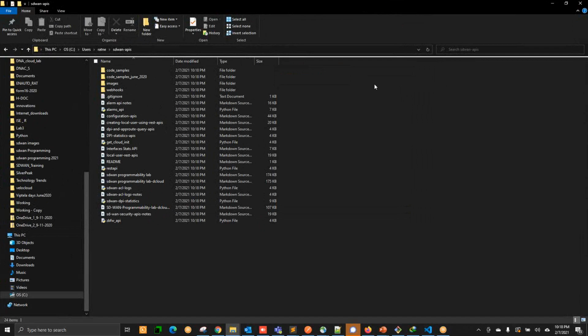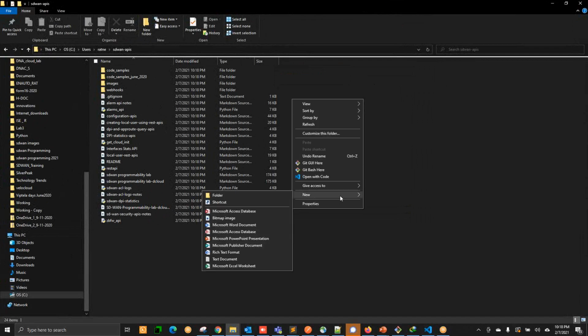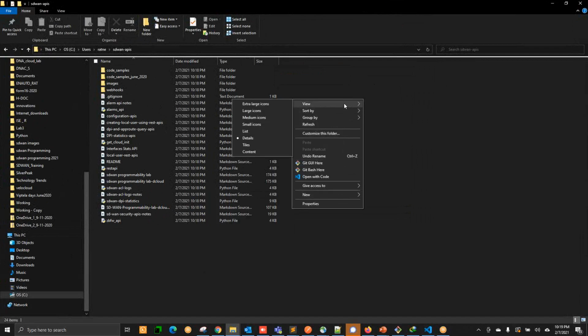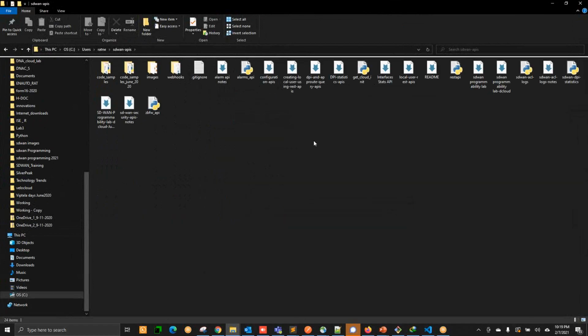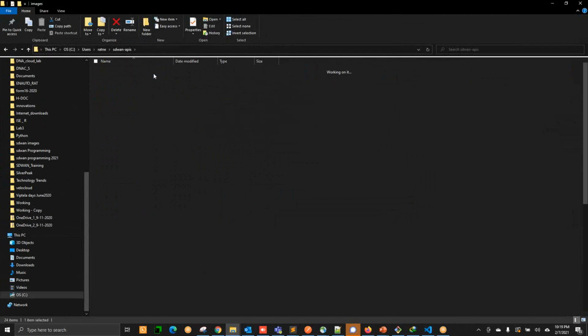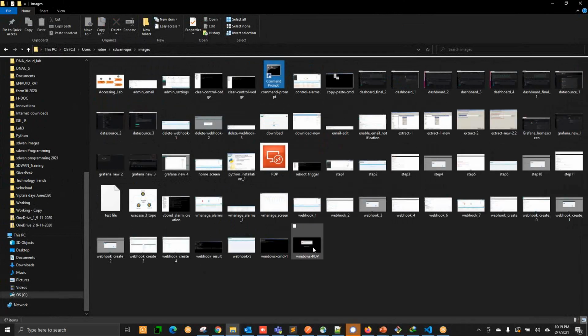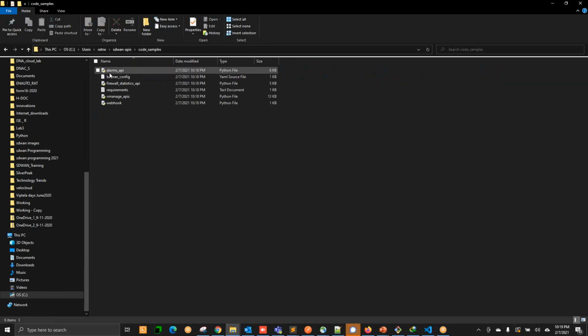Let me increase the font size there. View, and I can make this medium or maybe large. So here you can see that everything from that link got copied in my local system, and then I can modify these codes. Or if there is some document, some PDF, some Word document, I can go and read it. So it is telling that you have these APIs.